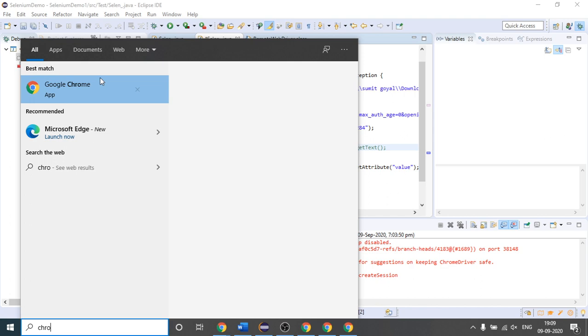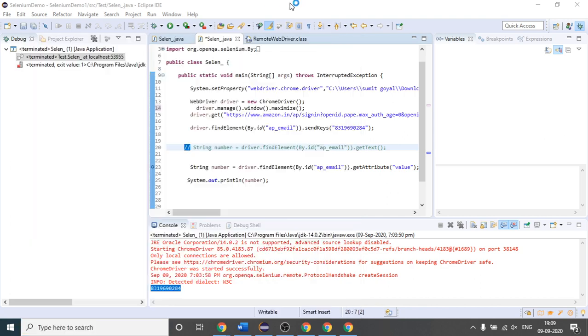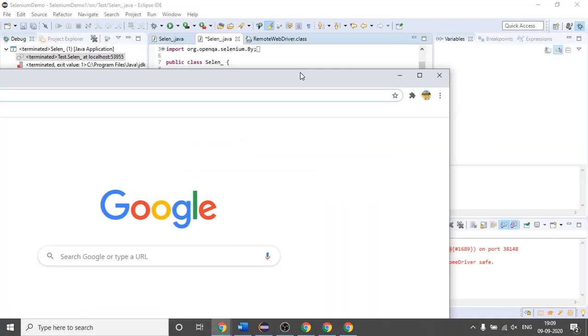Manually, right? Okay, it is opening in maximize mode, which is fine.